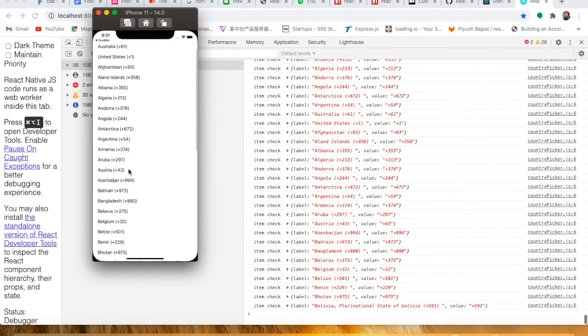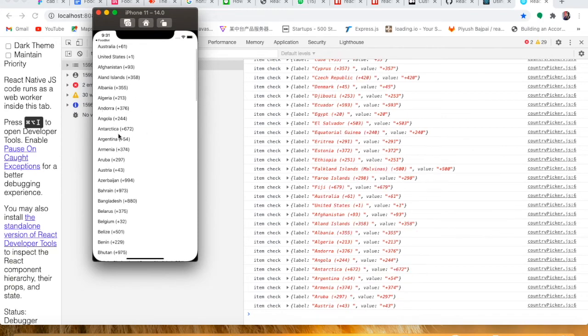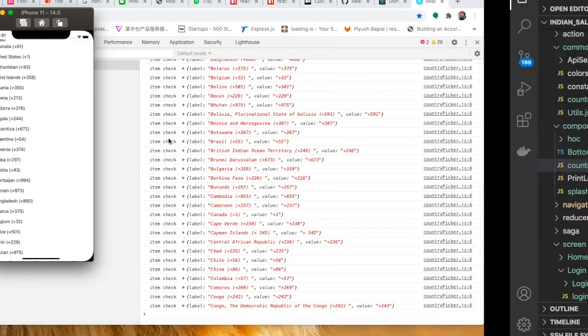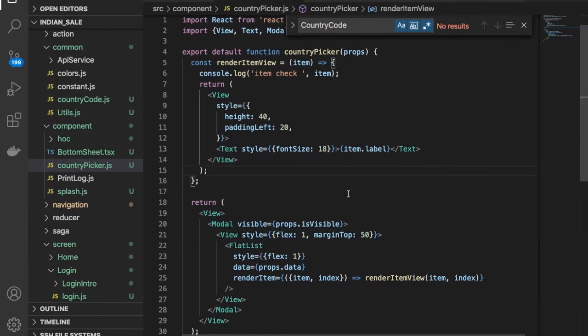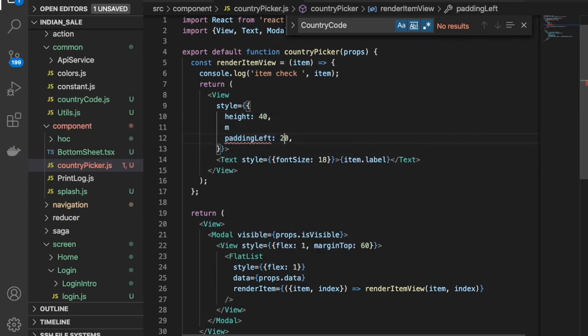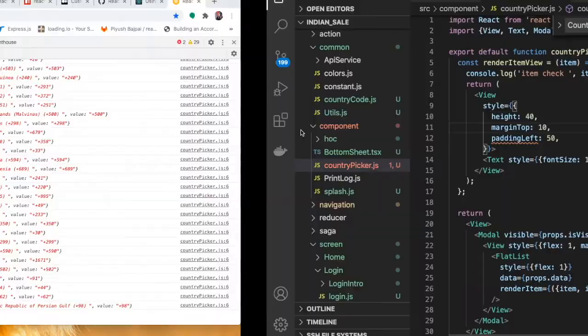Now you can see guys, here we have this country code, right? So I'll provide some margin from the left, also some gaps. For this, I'm making it 60 here for a little more gap from the top, and here we have this view, right? So I'll provide the padding left, some 50, and margin top, let's say 10.